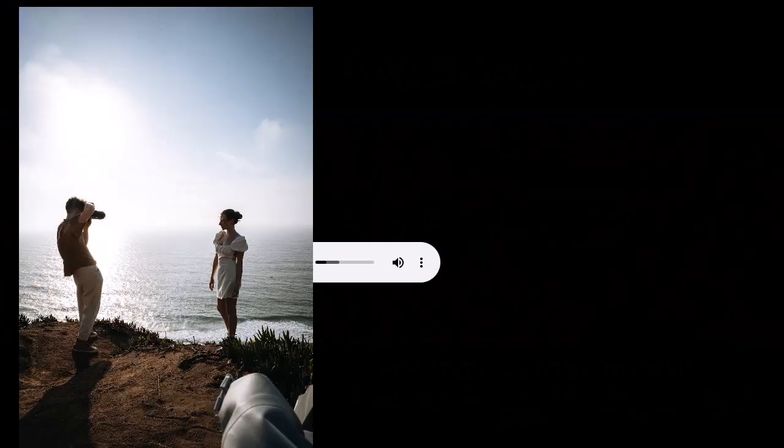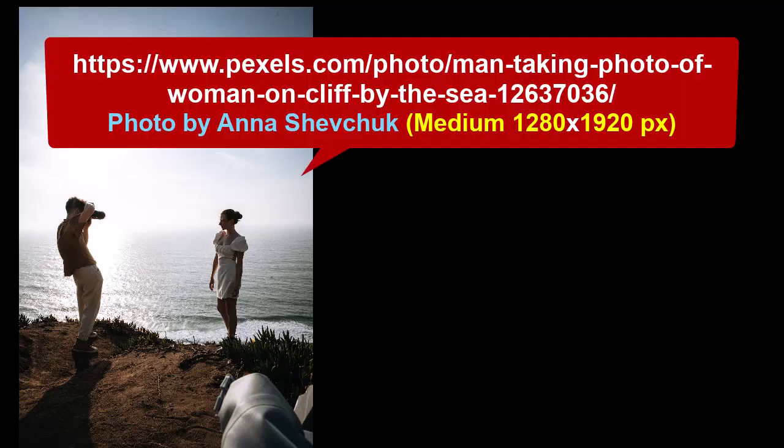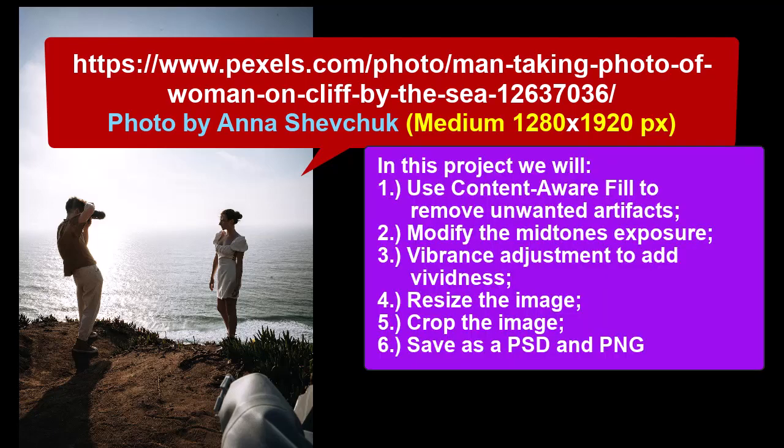Here's another project where we'll try to improve a photograph. This one's coming from Pexels, and you see the address there. We can get it online. It's by Anna Shevchuk, and we're going to use the medium size, 1280 by 1920. In this project, we're going to use content aware to get rid of this artifact down here in the lower